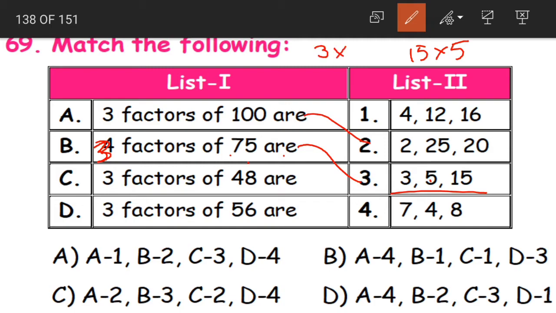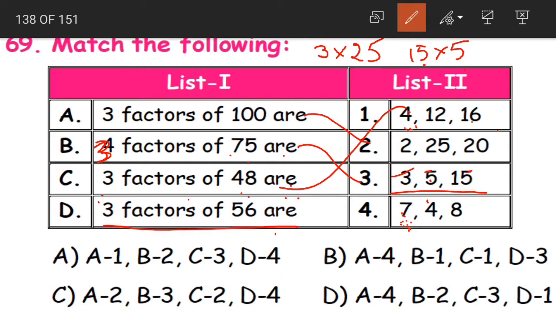And then in 3 table we have 3 25s are 75. So 3, 5 and 15 are our factors of 75. Now next coming to the factors of 48. Now we are having 7 here, and yes, is 7 a factor of 48, children? No. Is 4 a factor of 48? Yes. So option A1 becomes the answer for statement C.